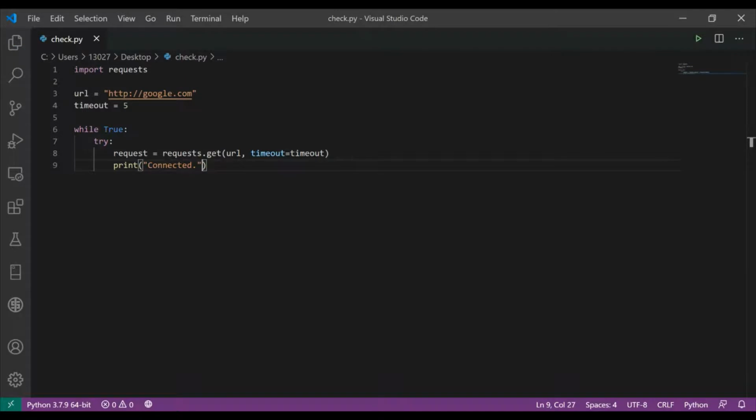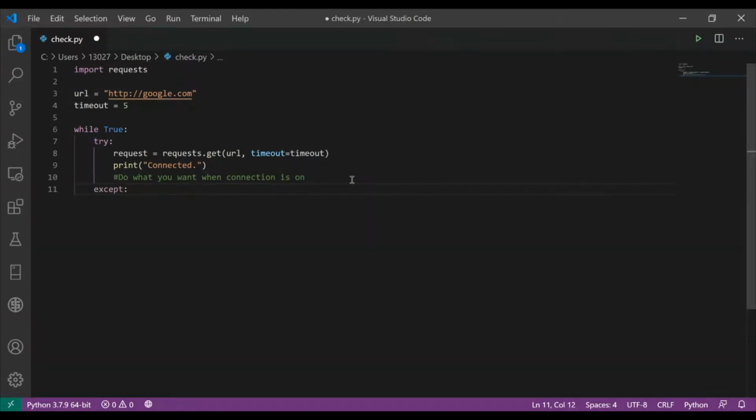Here you can add your own code for what you want the program to do when the connection is established. So now we're going to have an except.